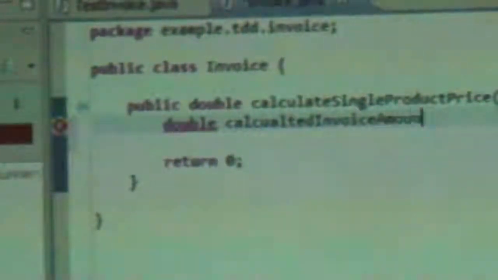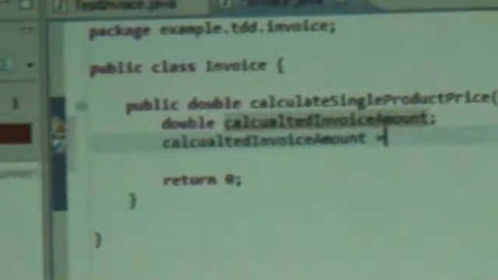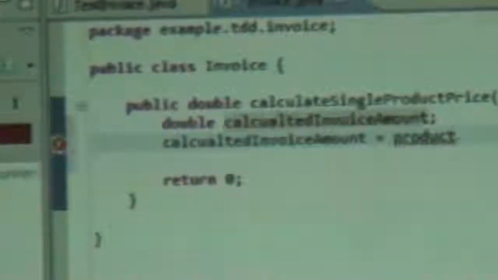Now let's go here, do the real coding. So here what I have to do, I need to again put the double value, and calculated invoice amount should be the one. Then how do I calculate the invoice amount? It is equal to product price, what else?